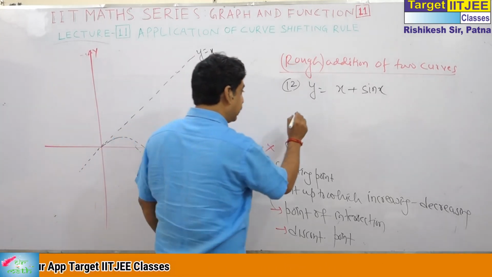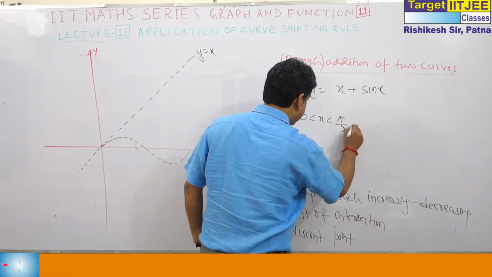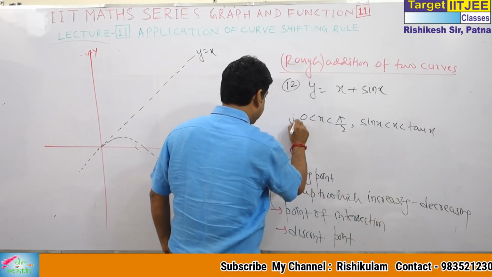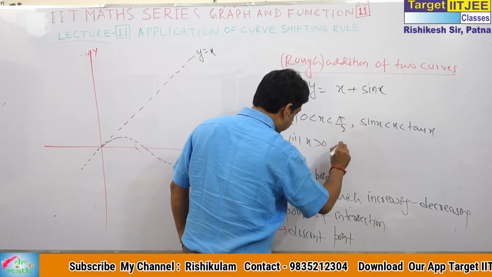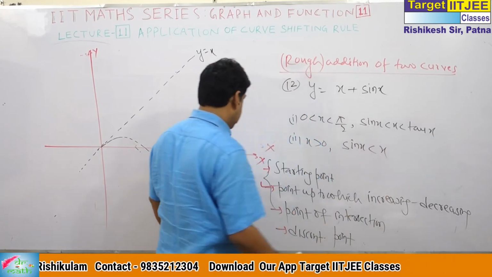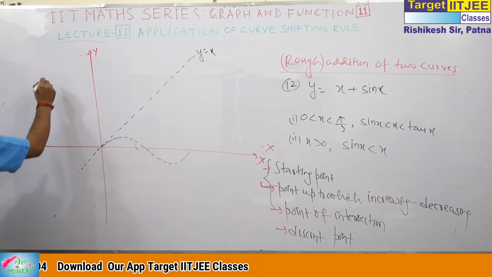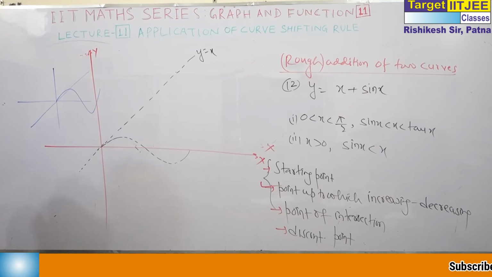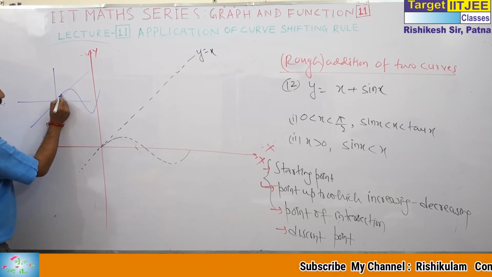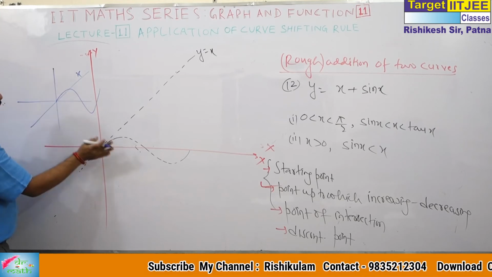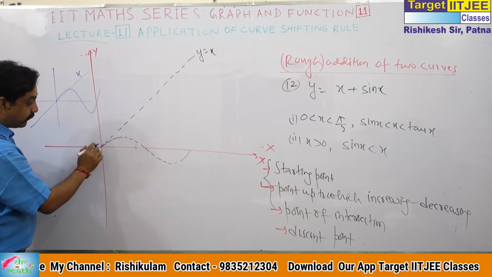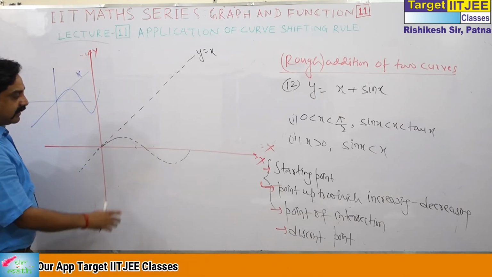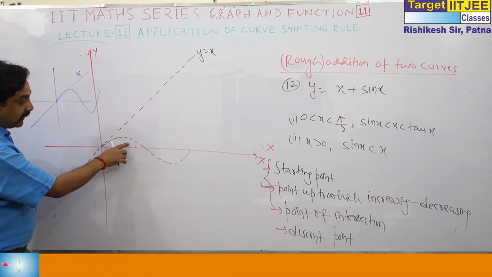Actually there is an error. I have written earlier, for 0 less than x less than pi by 2, sin x less than x less than tan x. I have written when x greater than 0, sin x less than x. So you cannot draw the graph like this, with x and sin x crossing. It is still done by some books, but you have to avoid it. Sin x cannot go above x, because sin x is always less than x for positive x. For the negative part we can do it. Sin x is always less than x, so we have to keep this point in mind.